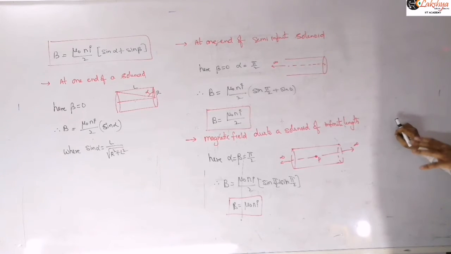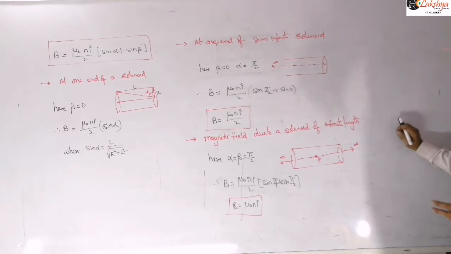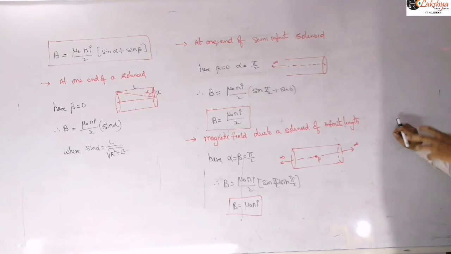So these are the different cases we discussed. This is for the finite length, and this is for infinite length, where, as I said, you need to remember this expression. In different books, they may approach the angles in a different way, so that you will get it in terms of cos alpha and cos beta. That expression may be there in terms of that, and don't get any confusion. They will take alpha and beta in a different way.